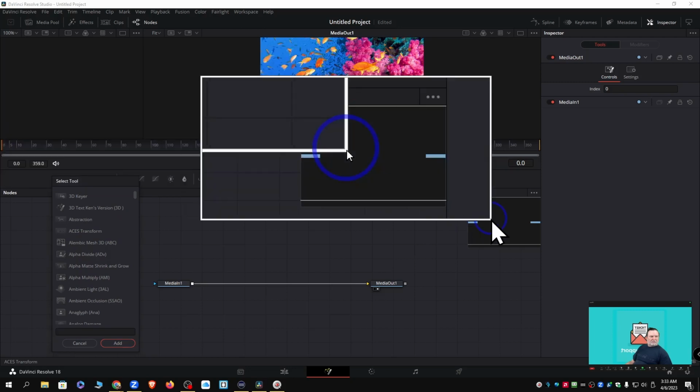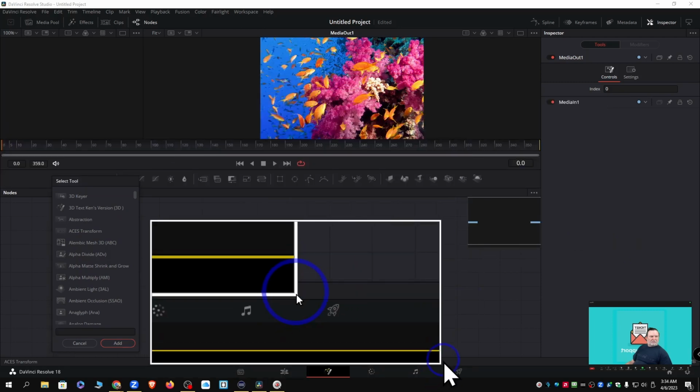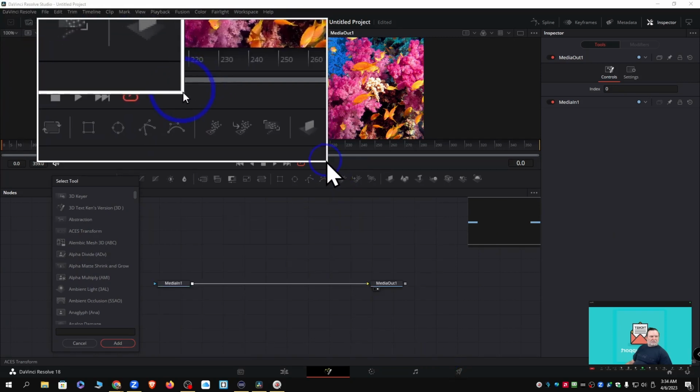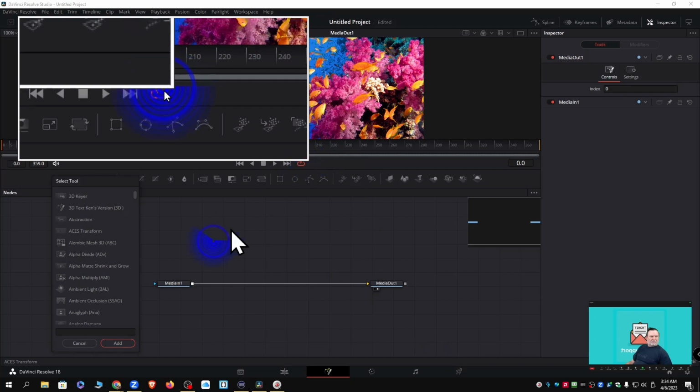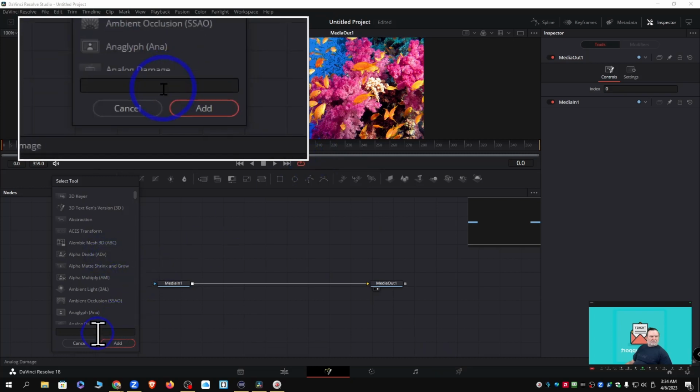Again, I may have to see if I can make 2 boxes, because I can grab the box, put it over here, or actually put it up here. But I'm going to have to resize it or see if I can make 2 boxes. But this brings up my box. So in the search area here, I'm going to put in, what do I want to do? I want to,